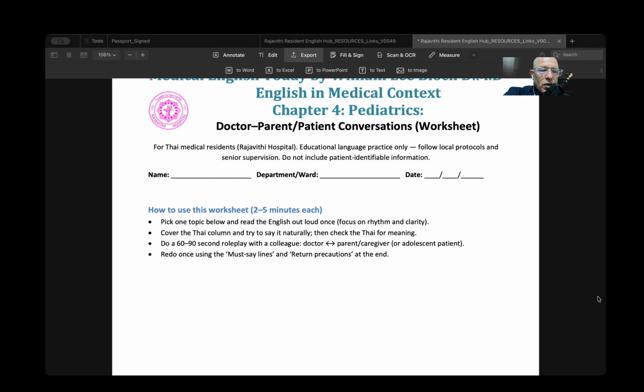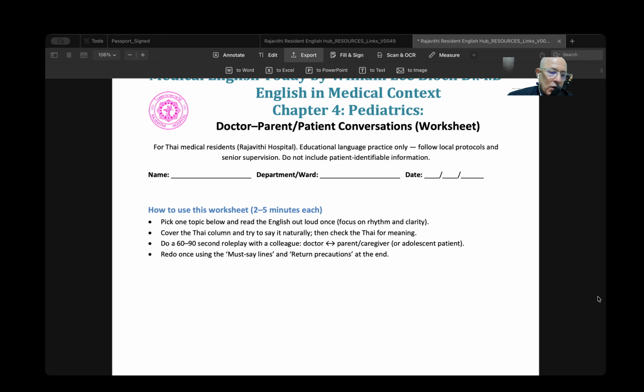The purpose is to improve medical doctors and residents and medical students, also to improve their proficiency at English language. So it is Thai English translation, and many different specialties are represented here, including medicine, neurology, surgery,